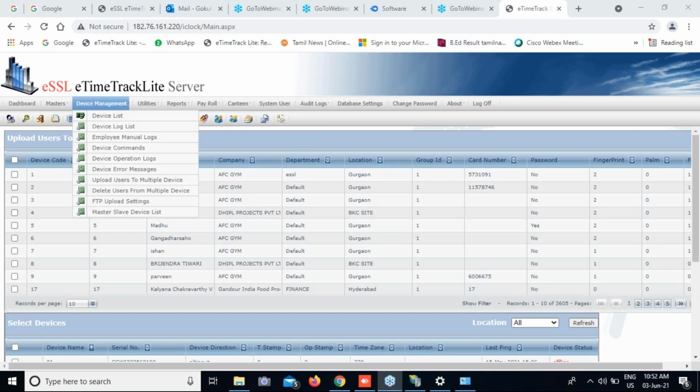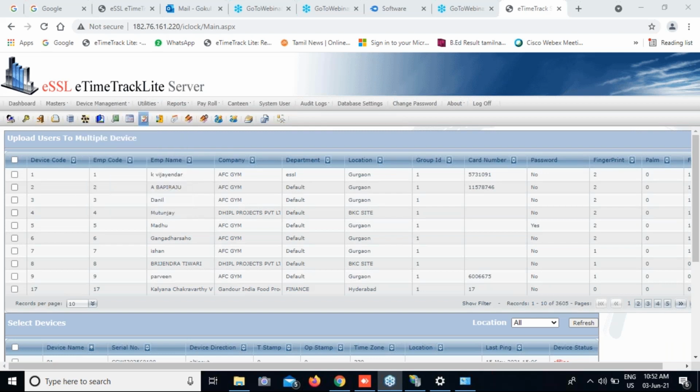After registering employees, we need to add them in the device list. After all the employees come into the software, it will show the employee list. So we can select the upload users to multiple devices option. We can select the employees as well as the devices here, and upload.